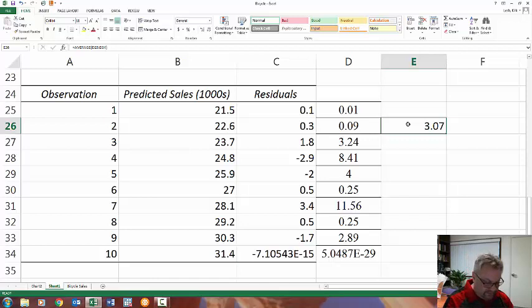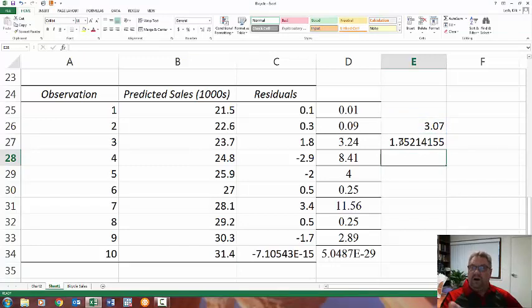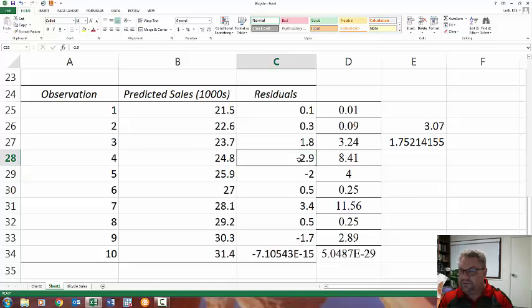I personally think it's better to take the square root of this. In my opinion, this is a much better estimate of how far we think we're going to be off. So the point is, this is actually pretty good, because these sales are in thousands, and the error here is about 1.75 thousand. So, not too bad. Because see, some of these residuals, here's 1.8, negative 2.9, negative 2, 3.4, negative 1.7, so some of these are off by a little bit,